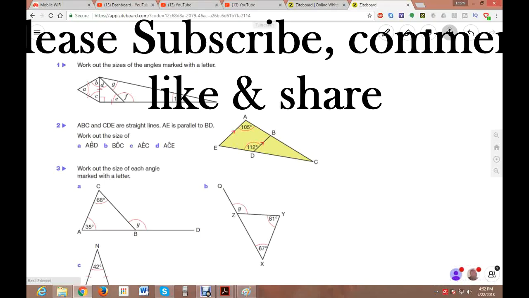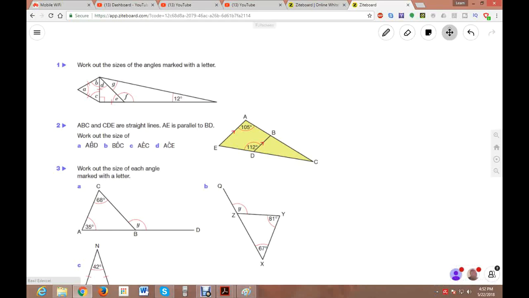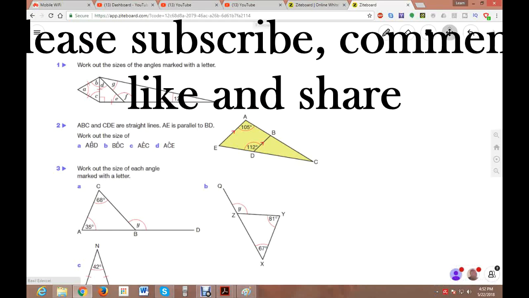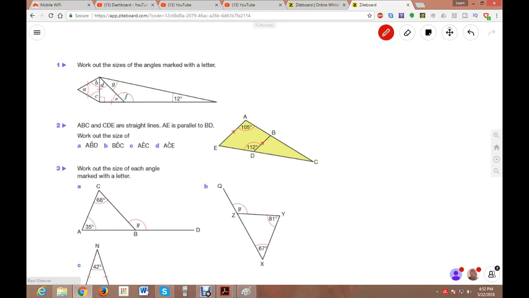Work out the sizes of the angles marked with a letter. Okay, we have to calculate here the values of these angles. So if we just focus over here on this triangle,